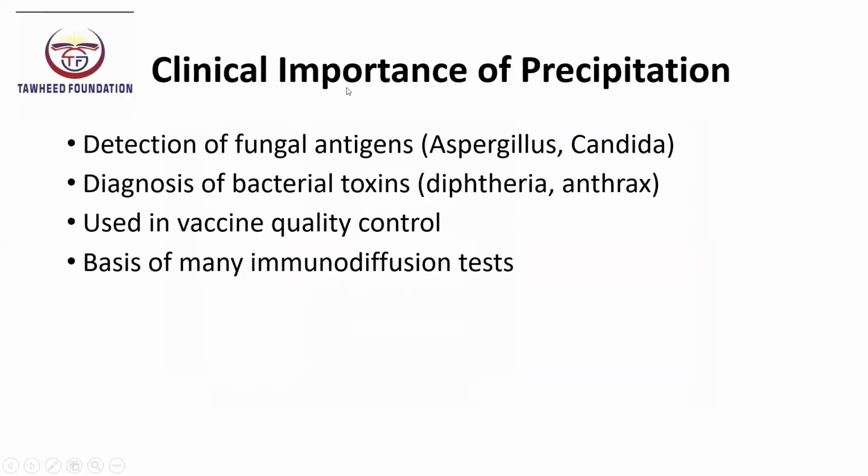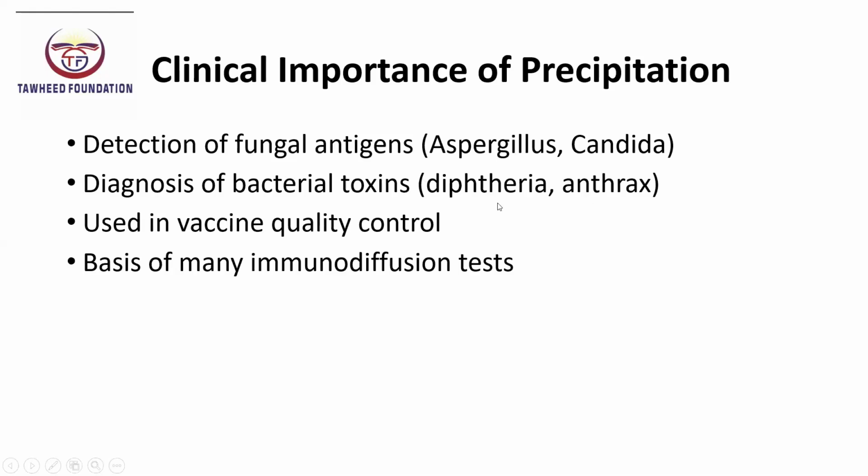Next is clinical importance of precipitation. Precipitation reactions are extremely important in clinical microbiology and immunology. They are used for the detection of fungal antigens, such as in the diagnosis of Aspergillus or Candida infections. They are also useful for identifying bacterial toxins, for instance, in diphtheria and anthrax, by detecting specific antigens in patient